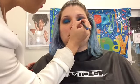Now with Jenny's eyes, I wanted to keep them more open, so I didn't put a lot of the darker shades towards the inner eye, because she does have darker there, so I just kind of wanted to keep that open. And now I'm refreshing some of the blue there that we used earlier, the Gonzo shade, because you always want to go ahead and refresh what's on the lid when you're using those shades, because it gets lost in